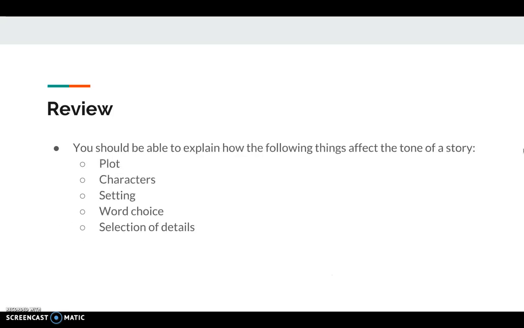And finally, you should be able to explain how those five things we just talked about affect the tone of a story. That would be plot, characters, setting, word choice, and selection of details. If you can't do any of those things, you should go back and watch